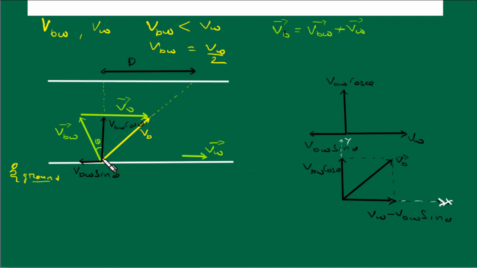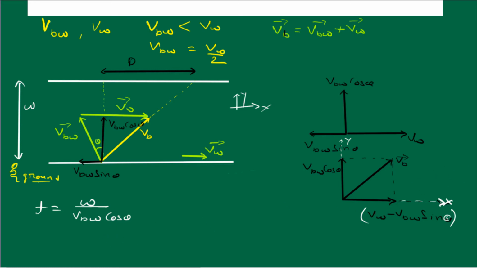So along x, or along the direction of the flow of the river, we have this velocity. Whatever drift will happen is only because of this component of velocity, right? If this component is there, then obviously there will be some drift, and this component of velocity will be responsible for crossing the river. Suppose the width of the river is w, so the time of crossing will be w divided by the velocity in the direction perpendicular to the flow of the river, right? So I will write that will be VBW cos theta.